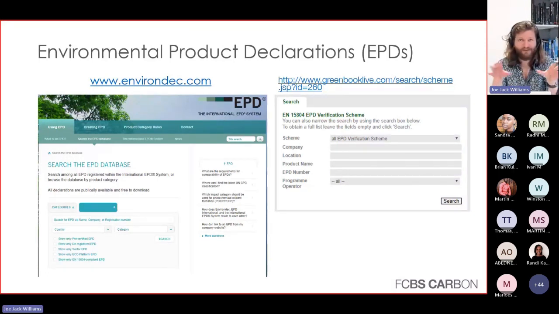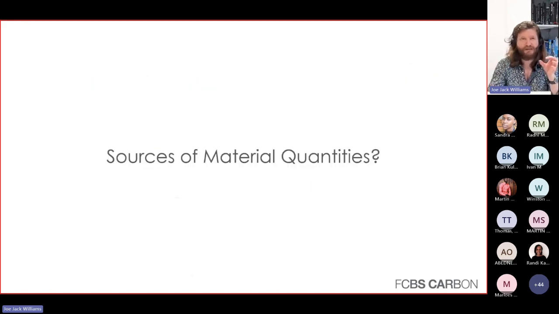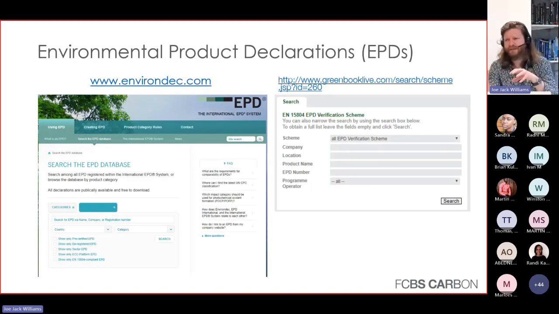However, these databases are fine. What I generally do is you Google. I just put in the product name and EPD, and it's far better at finding them than these websites. So that's my start point. Google it if you can find it. Great. And they'll give you a bit of data on it, and they'll tell you what the embodied carbon is, and they'll tell you a bit more about where your products come from. They'll also tell you things like how much water was used and how much land was used for it, and loads of really interesting things if you want to get down that kind of rabbit warren.